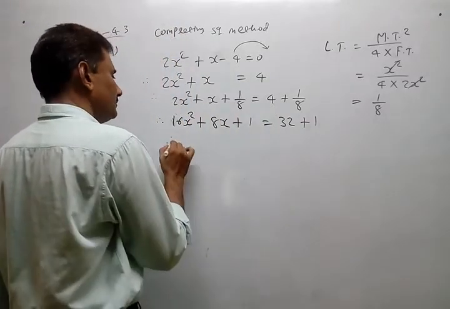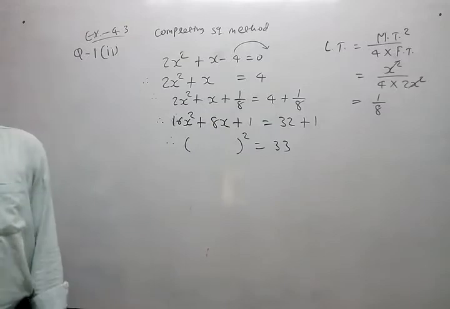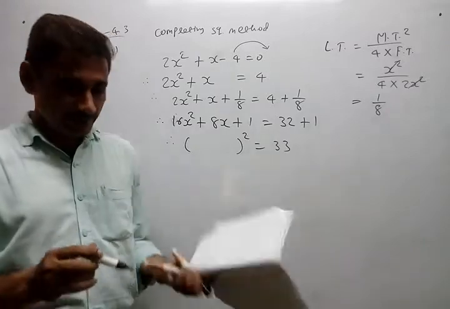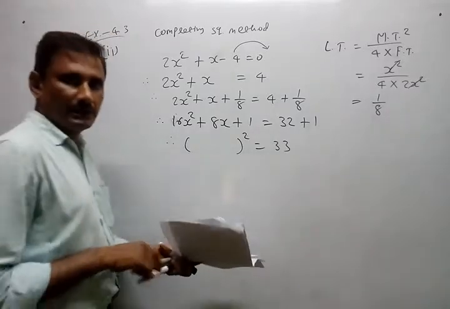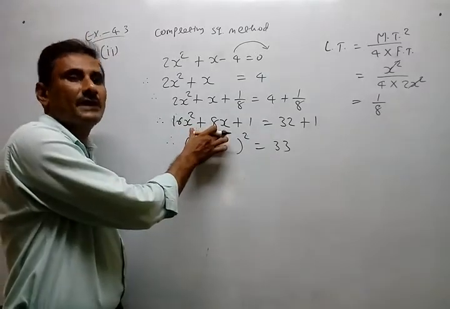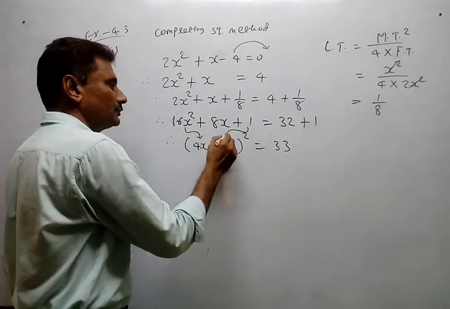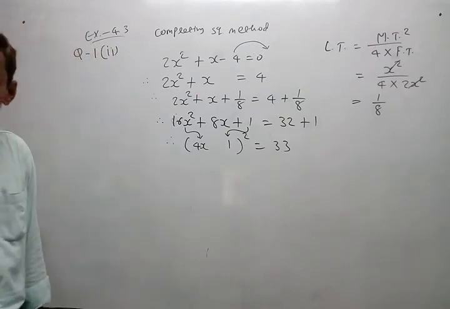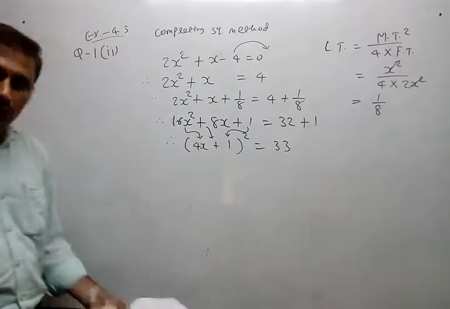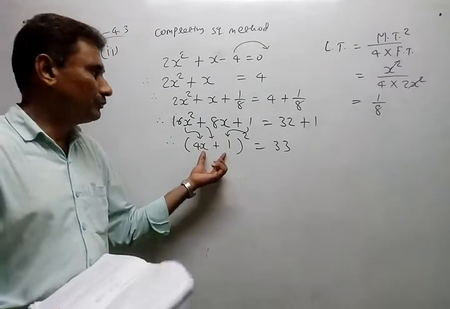Now in place of the perfect square trinomial, you can write a binomial square, because a square plus 2ab plus b square is a plus b whole square. But if you want to write it directly, as I told yesterday, how to write the binomial square in place of the perfect square trinomial: first term root, last term root, that is the square root of the first term and the square root of the last term, and the middle term sign. So automatically you can write the binomial square directly and perfectly.